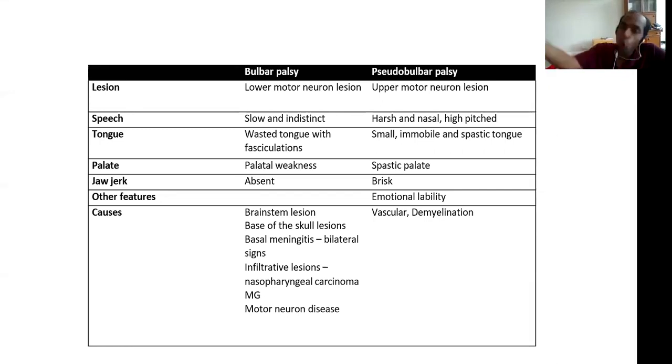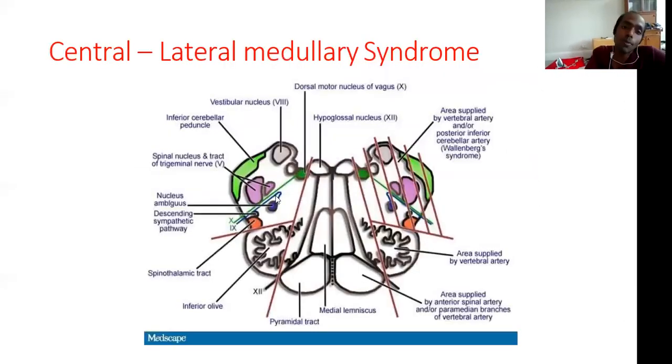If you get a lower motor neuron lesion of these cranial nerves, you get something called bulbar palsy. And there you have wasting of the tongue, fasciculations of the tongue, palatal weakness, and an absent jaw reflex. Okay? And to be very simple, the lesion could be in the medulla, for example, something like lateral medullary syndrome,